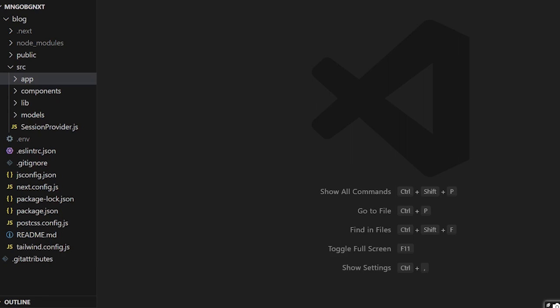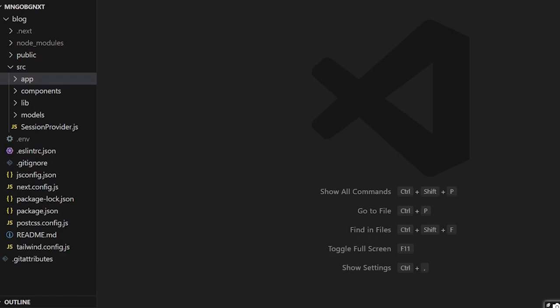Hey everybody, in today's video we're going to build out our post detail page. The post detail page will hold the individual detail for each post. This is going to include all comments on an individual post, the ability to edit or delete this post if you're the author. So we have all of our backend APIs set up, so let's go ahead and work on